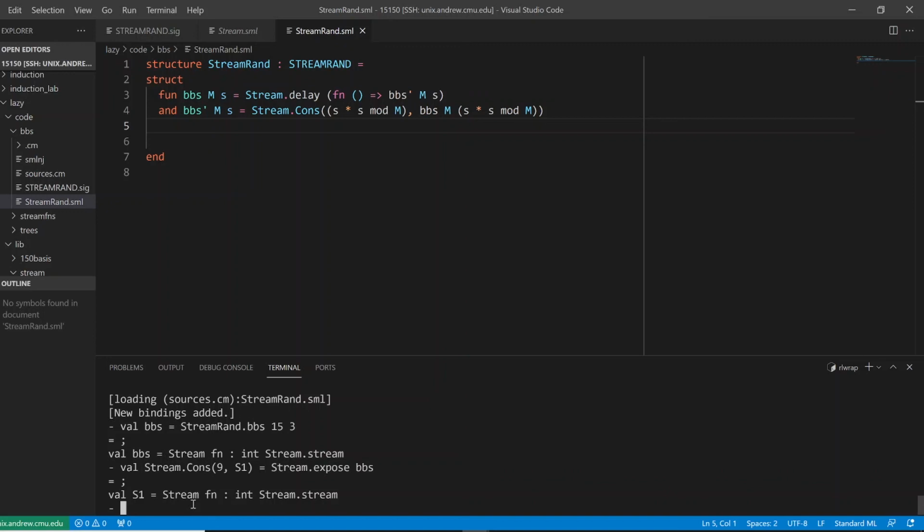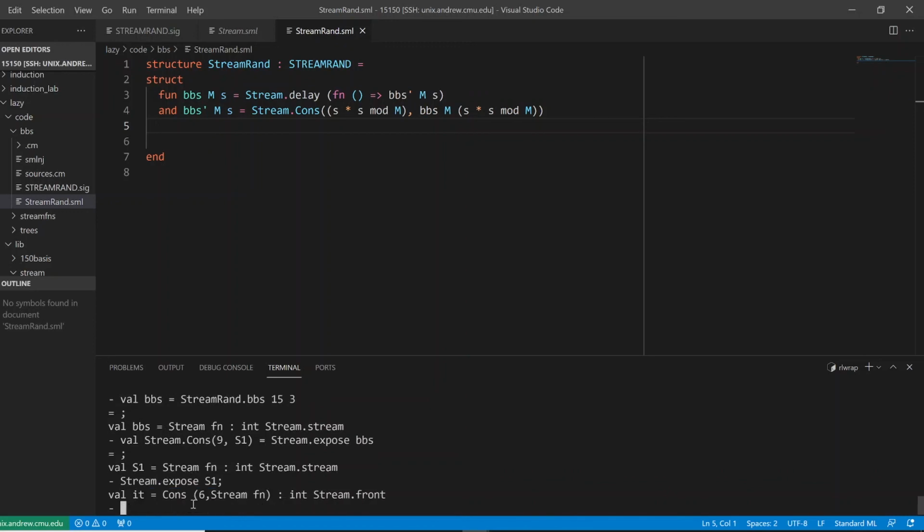If we do this again, we can do stream.expose s1. As you can see, the next value is now 6. If we then do stream.cons of, instead of exposing Bbs, we now expose our s1. And we can store this in something called s2.